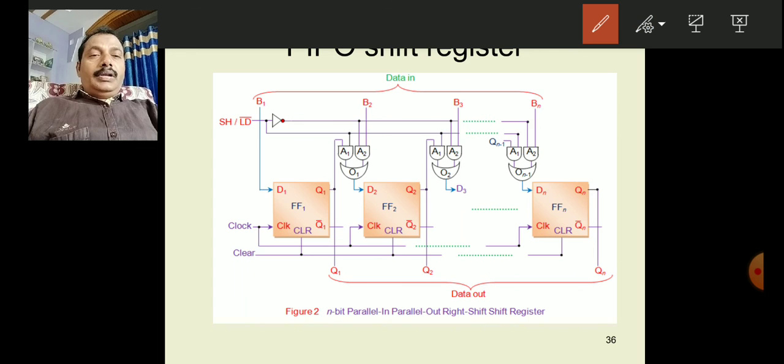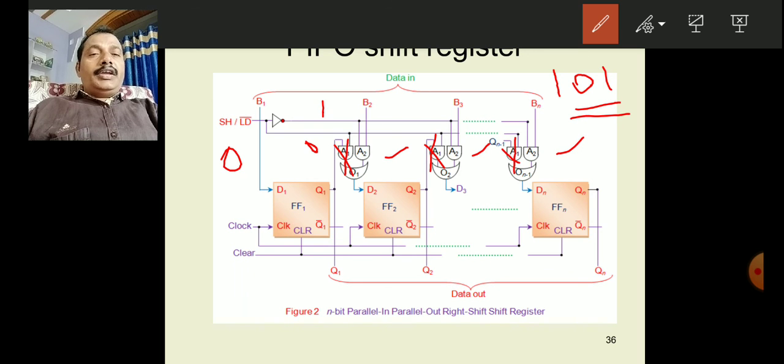For example, let us take load 101. To load, what must the control be? 0. Whenever the control bit is 0, the output of NOT gate is 1. Here 0, this line is 0 line. So 0 line is running like this. That means this gate is disabled. Left side AND gates are disabled. And because loading is there, output of NOT gate is 1. Then this gate is enabled. These right side AND gates are enabled.